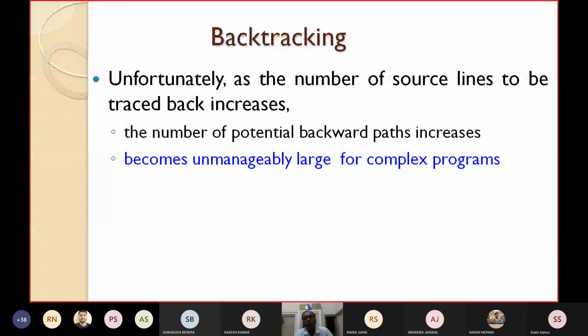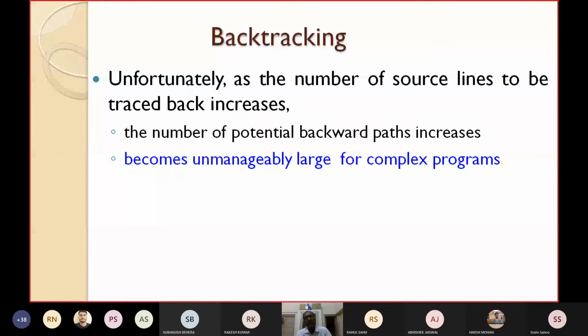Imagine you have developed a 1 lakh line program and you find the error at the last line. What do you have to do? Should we traverse backward through all 1 lakh lines, because I am finding the error at the last line? The length of the program is 1 lakh lines. So shall I traverse from statement number 1 lakh up to 1?